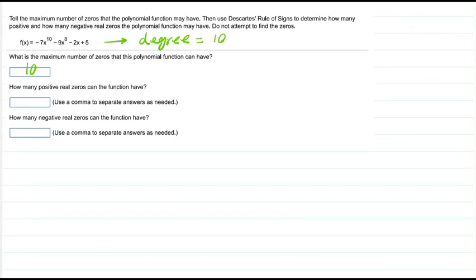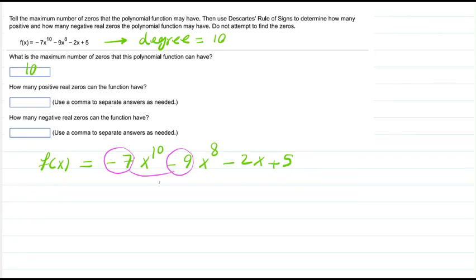Then how many of these real zeros can be positive, or how many of them are negative? By Descartes' rule, to check how many of them are positive, we look at the function f, which is negative 7x to power 10, negative 9x to power 8, minus 2x plus 5. We count the number of changes in sign of the coefficients. For example, between negative 7 and negative 9, both of them are negative, so there isn't any change in the sign. Then from negative 9 to negative 2, again, there is no change. Between negative 2 and positive 5, one of them is negative, the other one is positive, so there is one change. It means there is one real positive zero for this function